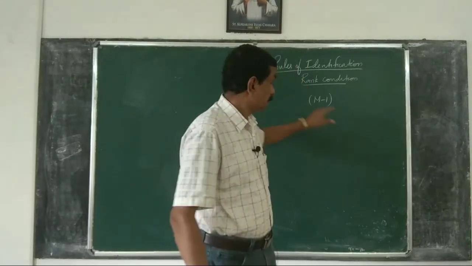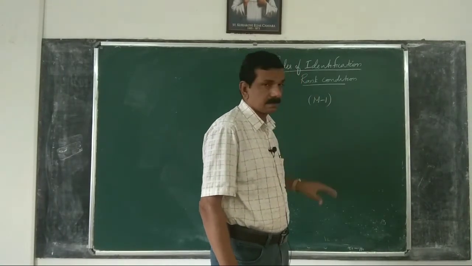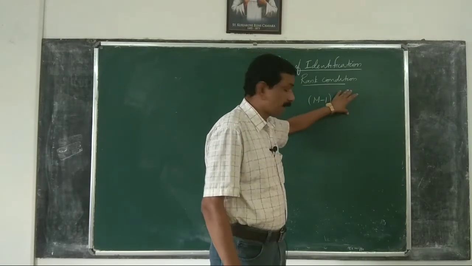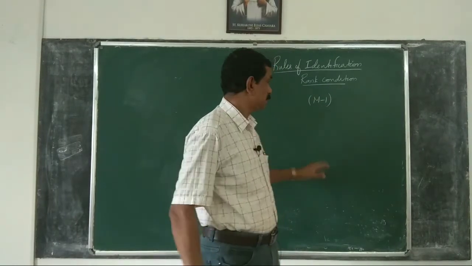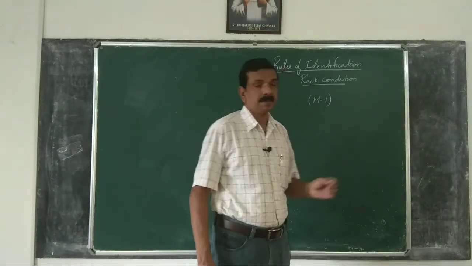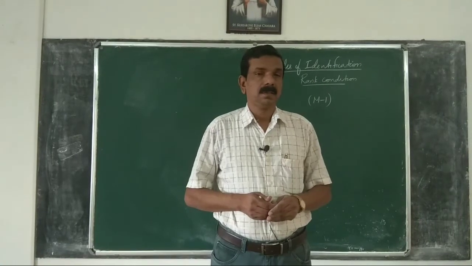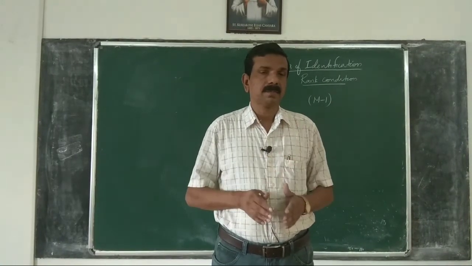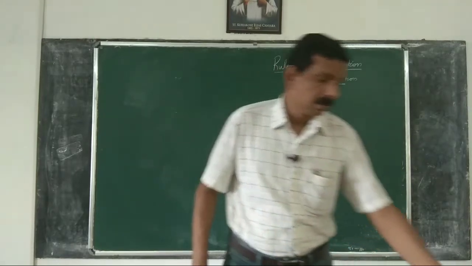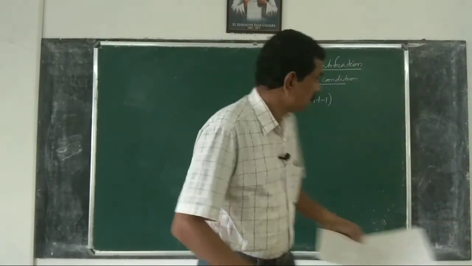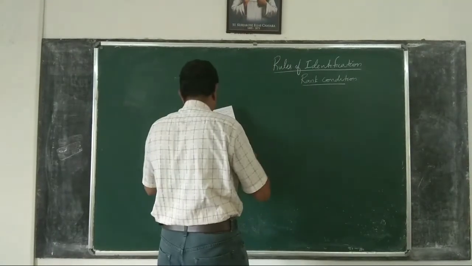So if we can construct a non-zero determinant of order m minus 1, meaning the rank of the matrix of the coefficients is equal to m minus 1, then that particular equation is identified. To explain this, we consider a concrete example, then only the points will be clear to you. Suppose that we have a system of equations written as